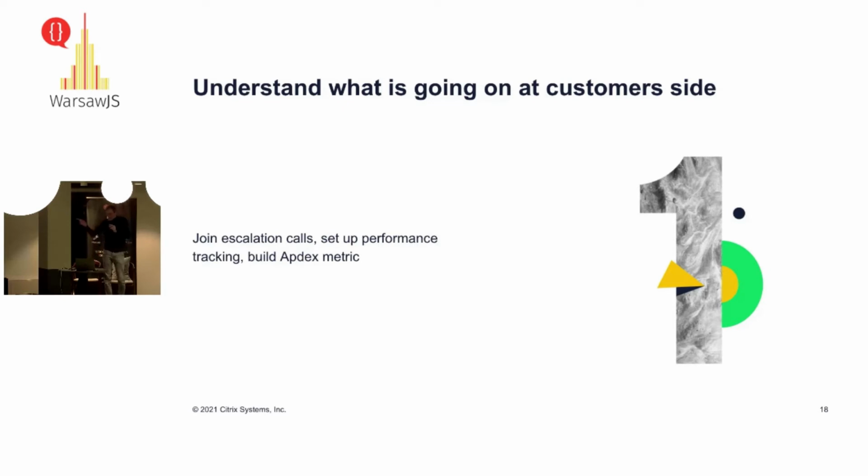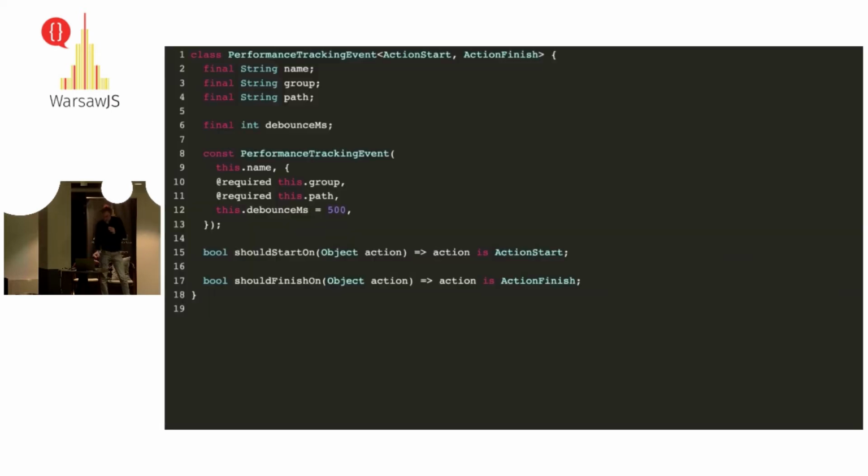The second thing that we did is we understood that maybe if it is fine for us, we should really track some number. We should track performance. We should set up a metric that is calculated on the customer side. So that's how we came up with the idea of performance tracking. It's really pretty simple, like some code samples. As I said, we use Dart and we use Redux under the hood for state management. And we introduced a performance tracking middleware.